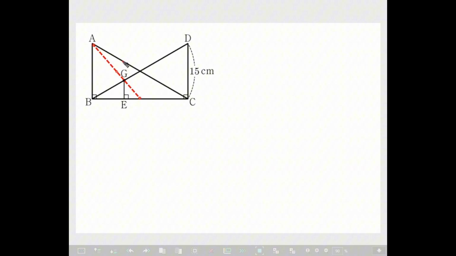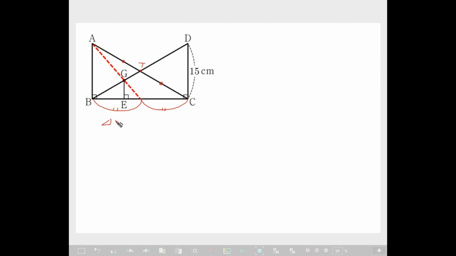this point is G, so this segment is the same as this segment, and this and this are the same. This point, I call this point T,